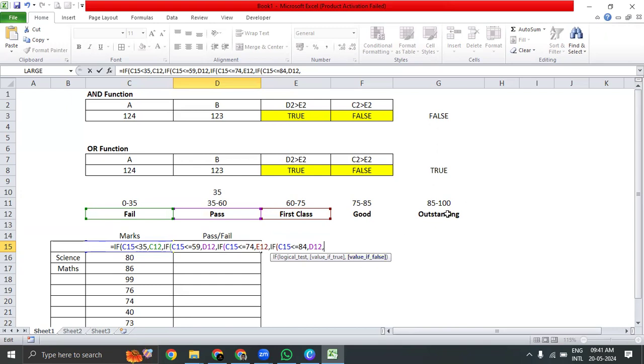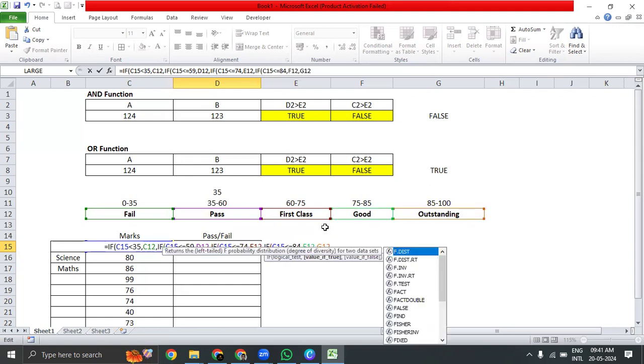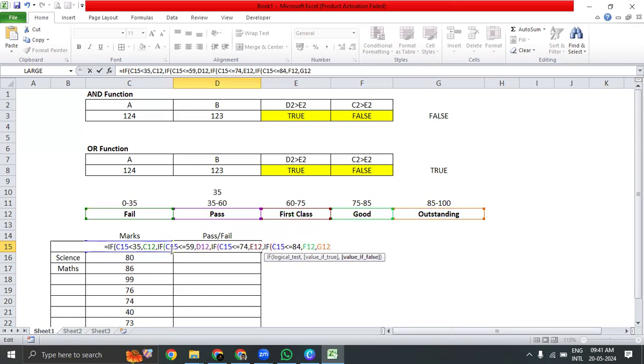What will be your answer? Outstanding, directly. Obviously, when your marks are not meeting all these criteria, your answer would be outstanding. All right. So instead of D12, again I need to make this as F12. See, 1, 2, 3, 4, 5. So we are making all the conditions to check for this particular value is falling under which bucket. All right. So if I close this bracket and see,